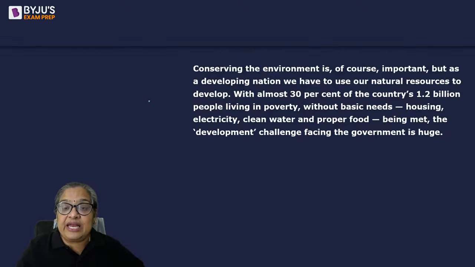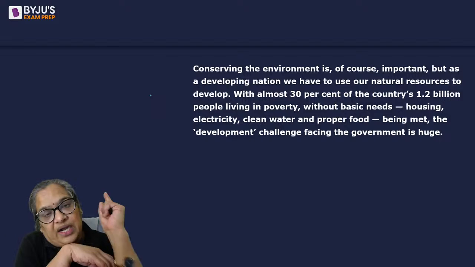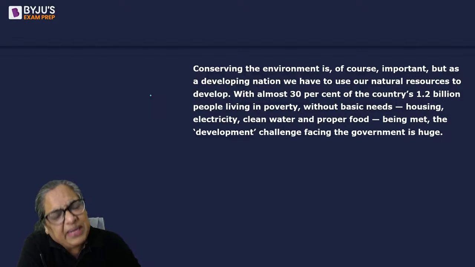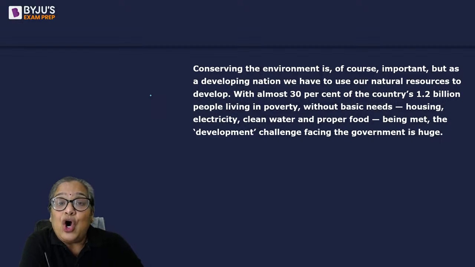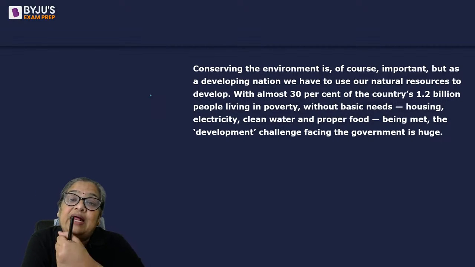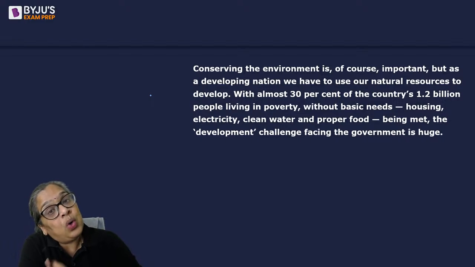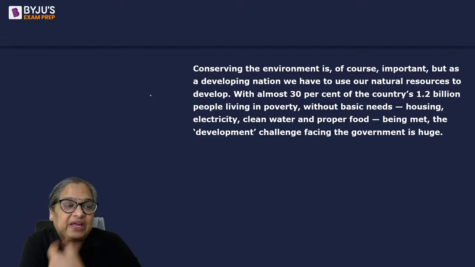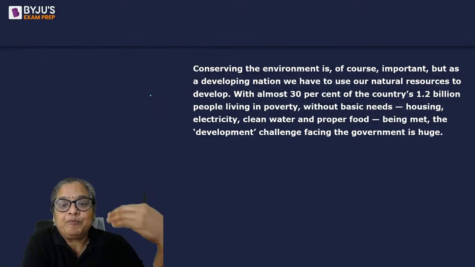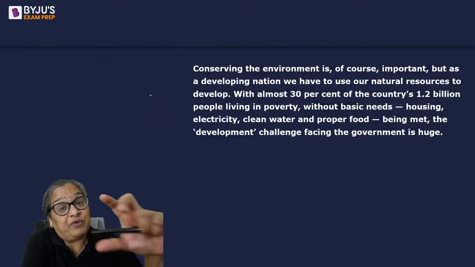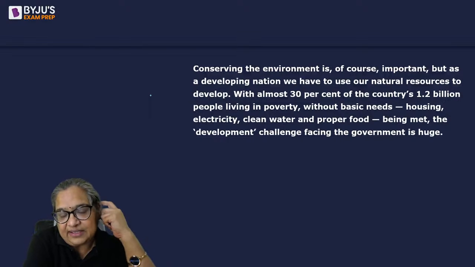Let's just read a Hindu article that I came across. There were many articles on environment and development. There were legal articles on our right to a clean environment, at the same time, our right to a certain standard of living. And there have been cases, if you read articles on this. So, what I've done is I've taken some of the main points given in that article in the Hindu,